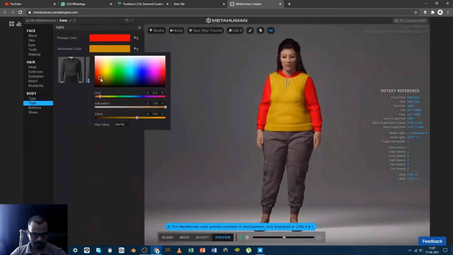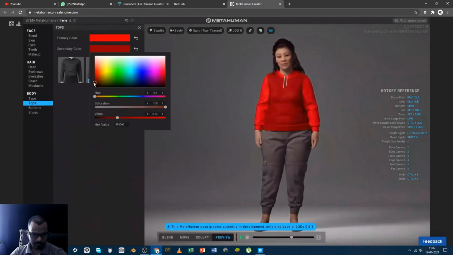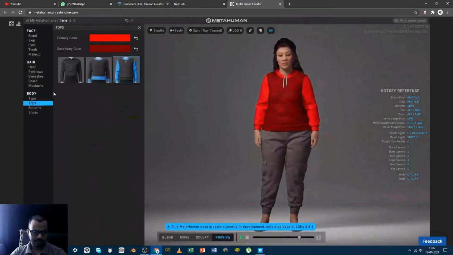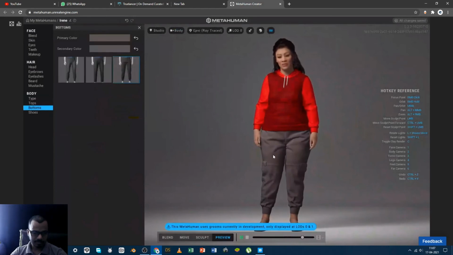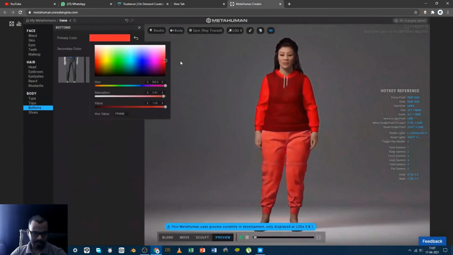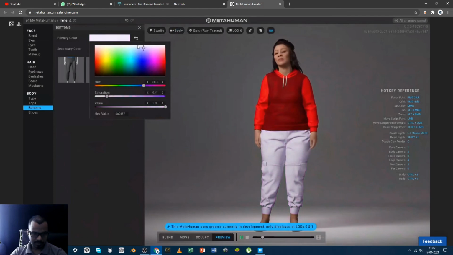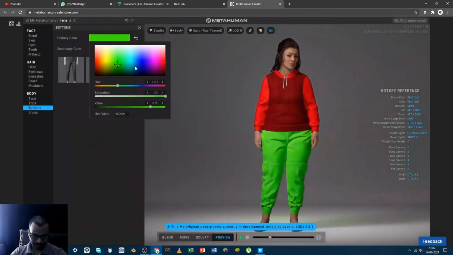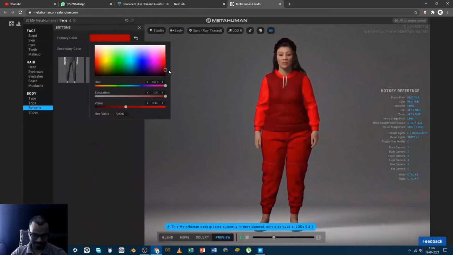It looks good. This looks good. And again the bottom. Black, red. So you have plenty of colors, so that way you have plenty of costumes. But yes, design is limited.